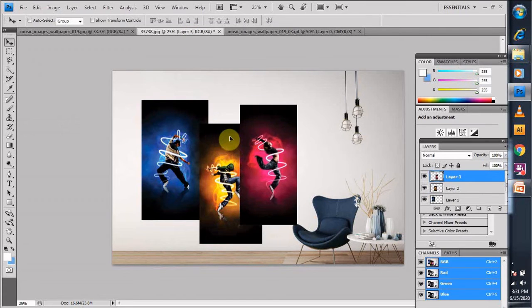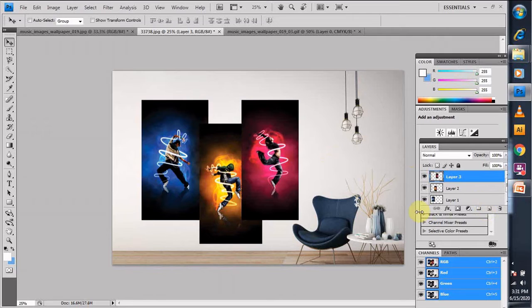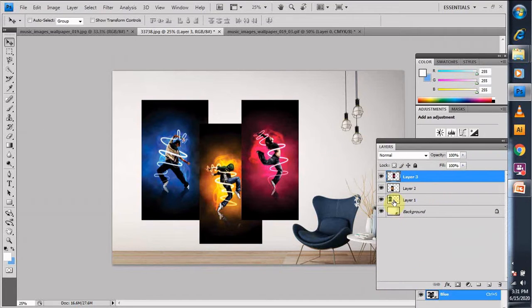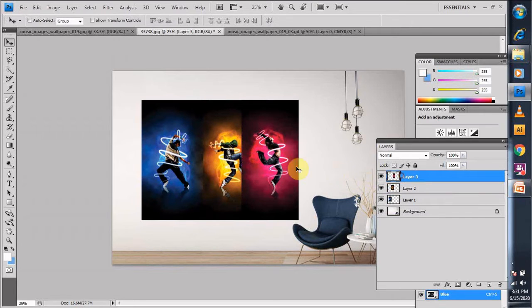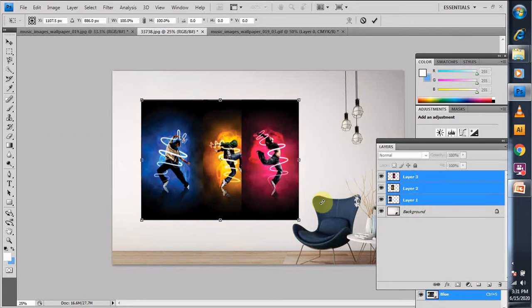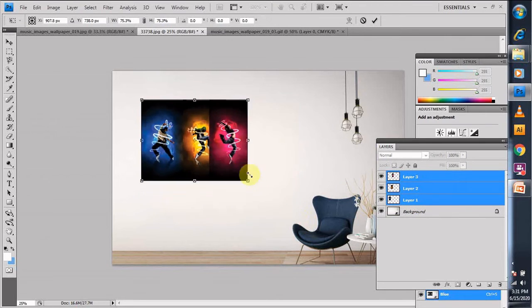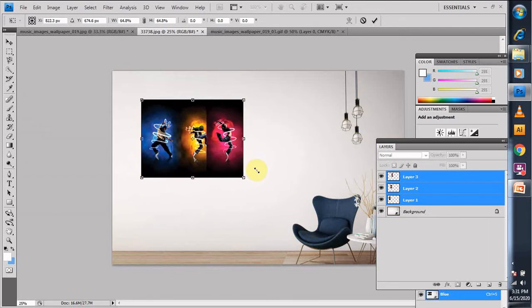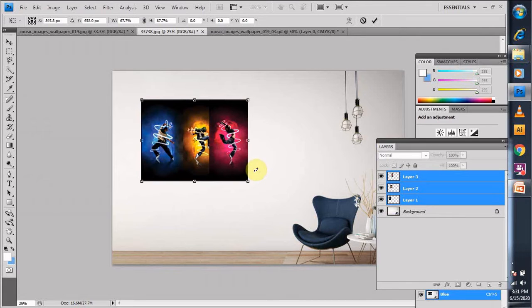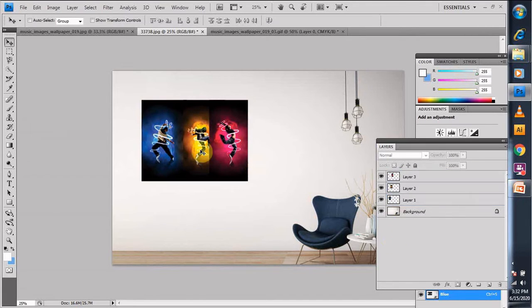Okay, so now you see 3 layers have been created over here, because we have taken one background with 3 different layers. The middle layer I wanted to adjust in the same manner. The reason is that I need to reduce the size of the image, and for reducing the size I need to arrange them in proportionate form. So I'll select this, Control T, and then I reduce the size of the image. Okay, I think that much size is sufficient. I'll press enter, and now I divide it into different parts.